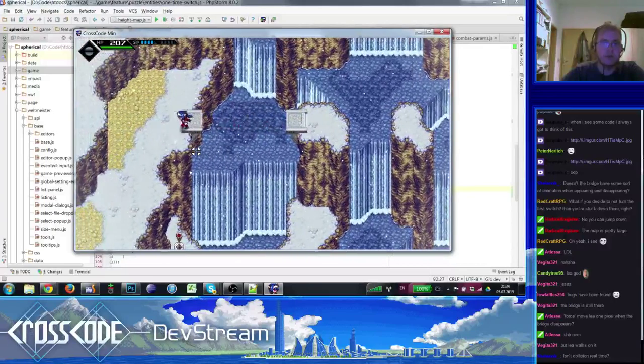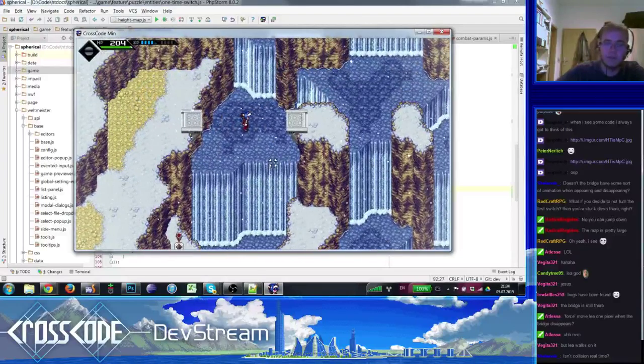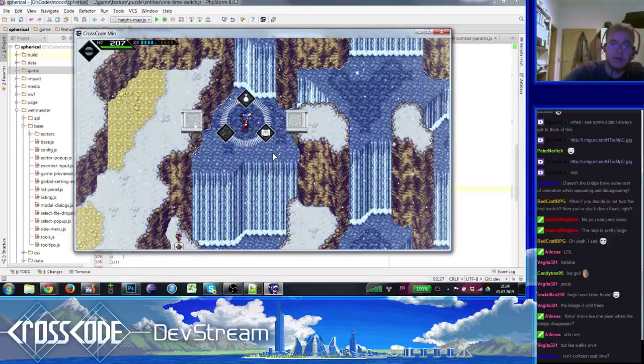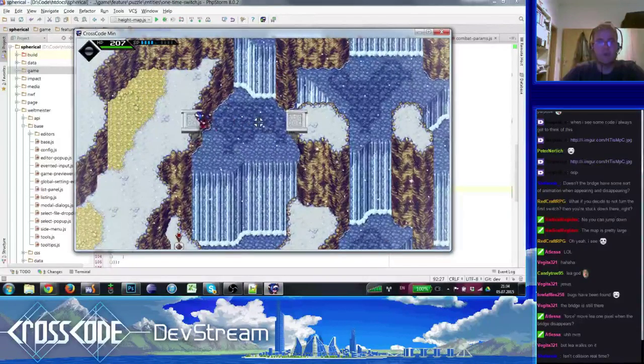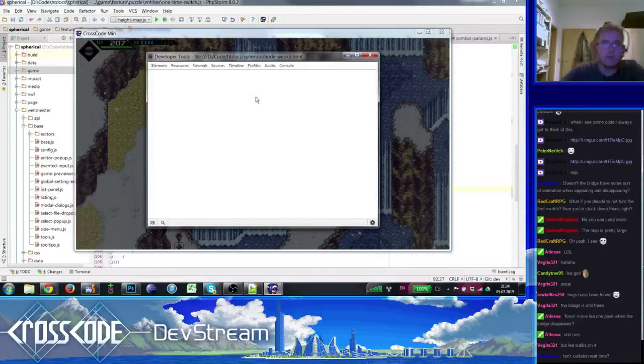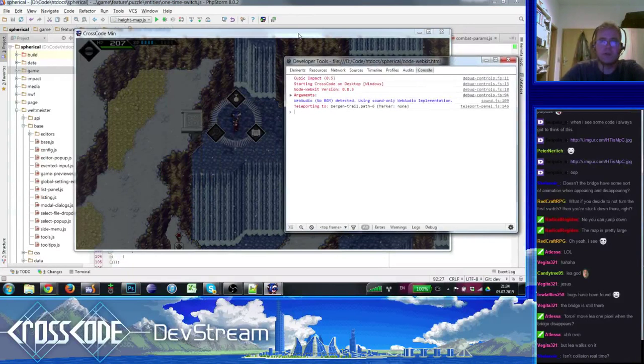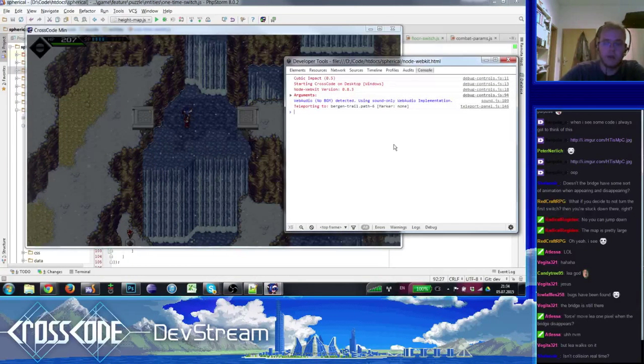Although you're on different ground, can you move up into the air, let yourself fall down, and then move to the bridge again? Yeah, while it's there, it's still not there. What the hell? I know something is an essential problem here with the entity map. It's interesting. It's reproducible, so it's solvable. I'm not concerned, we will fix this one, but it's kind of annoying. Why do these kinds of things still happen?